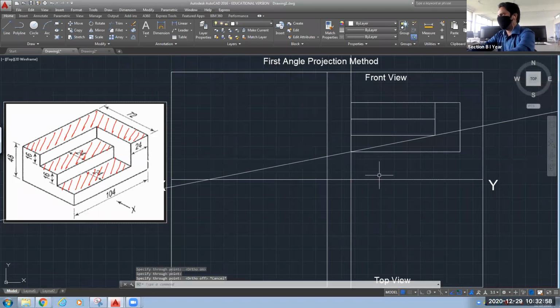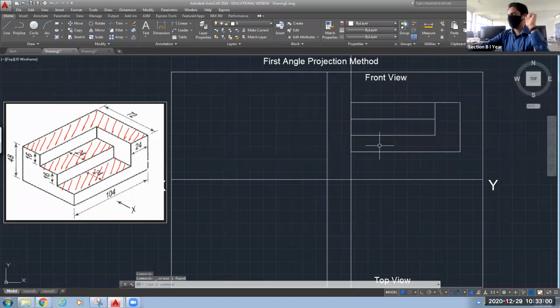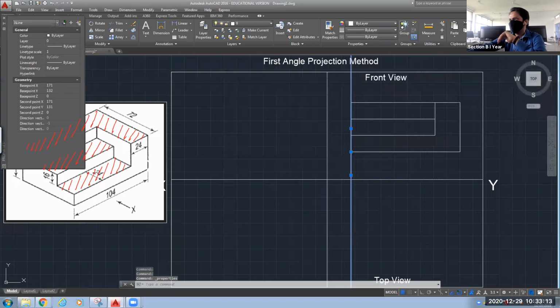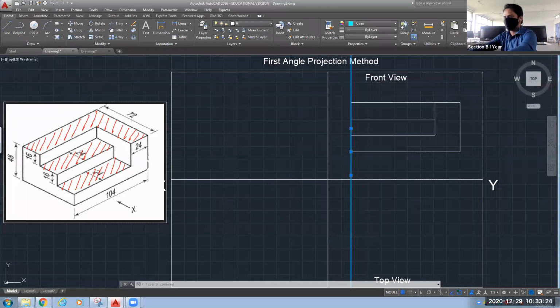Okay, wait. This is the error. Yeah. No, this is our first X line. Okay. So I will change the color of this X line to make some differentiation between your normal continuous line and other lines. So which color do you want? I will make it some light color. Okay. So this cyan color I have taken for your line of projection.